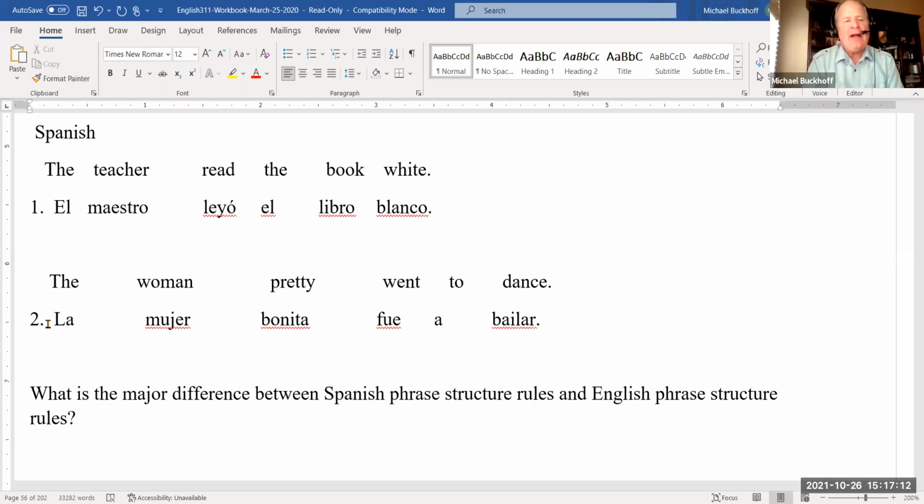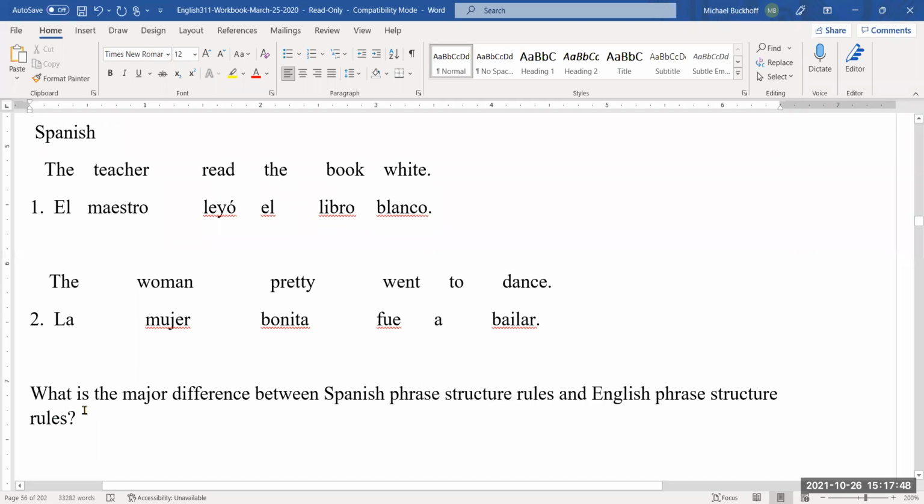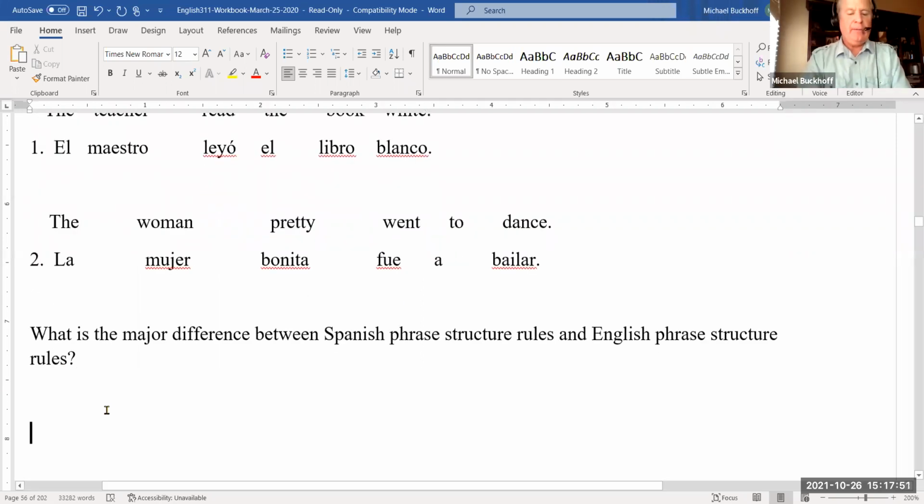Okay, now everybody see that? Now looking at the translations, here's my question. What is the major difference? Remember, the only difference you can say is the only difference that you see. Of course, there are many, many differences with English and Spanish phrase structure rules, but what is the difference based on these examples? The first one, as for the English translation, you wouldn't say the book white, you would say the white book. But in Spanish, it's el libro blanco, so it's how you translate it to book white. Okay, so we can say